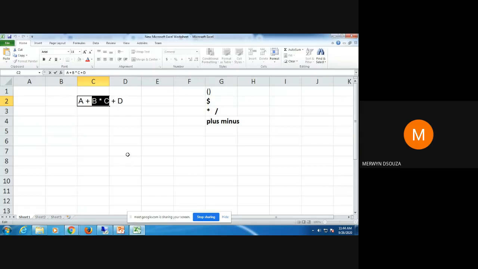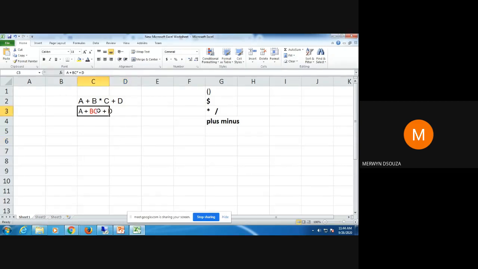So you're going to solve this part of the expression first: B into C. When you solve, the rest of it you write as it is. So you will write A plus as it is, then you will have B C asterisk. You are putting it into postfix. I'll make it red, and the rest of it you write as it is, so you will write plus D.